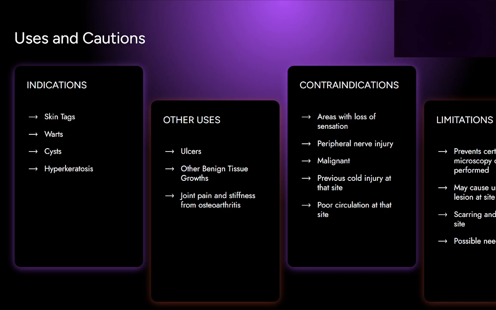So, uses and cautions. Our indications are usually going to be skin tags, warts, cysts, hyperkeratosis, ulcers, other benign tissue growths, and it also can be used for joint pain and stiffness from osteoarthritis. Some contraindications will be areas with loss of sensation, peripheral nerve injury at the site that we're trying to work at, any malignancy or any mass in that certain area, a previous cold injury at that site, and poor circulation